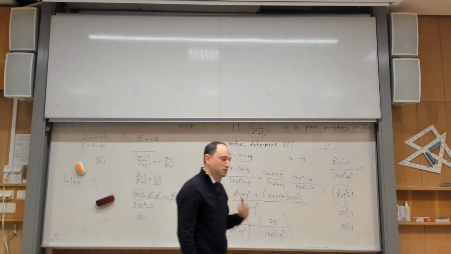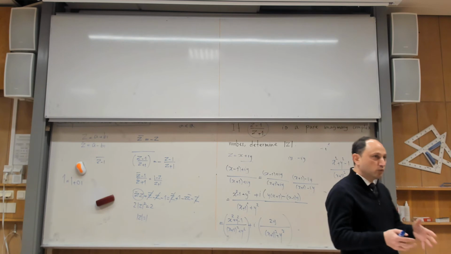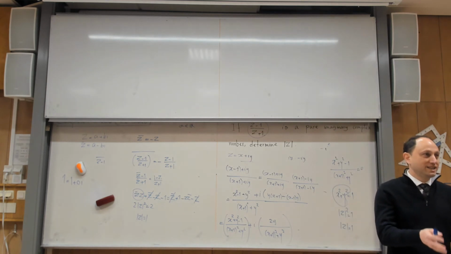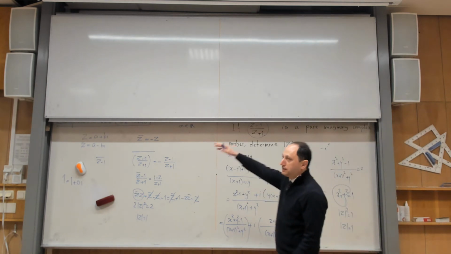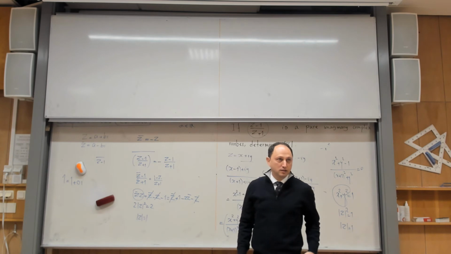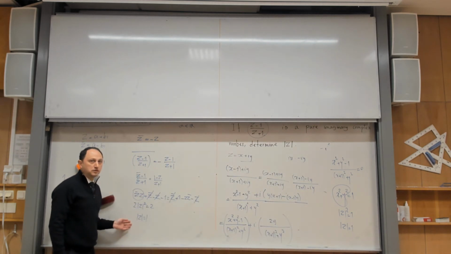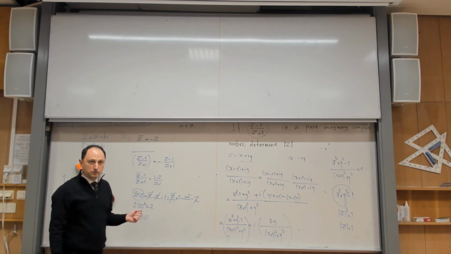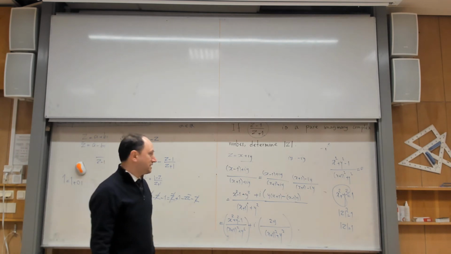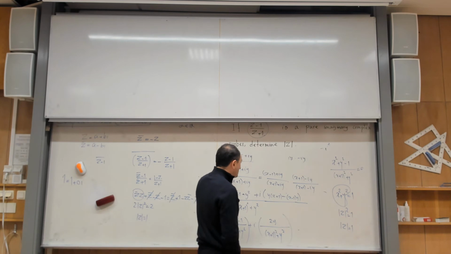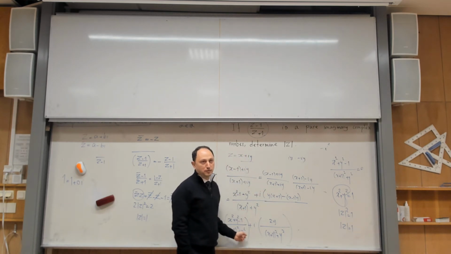So this is now my version of the solution. I prefer this one, the reason being that I work in the complex numbers themselves. I didn't go to real numbers and come back. I did all my calculations with complex numbers. So that's also the third solution. But what I'm trying to say is that most of you, if you are interested in mathematics, should be able to solve this problem.